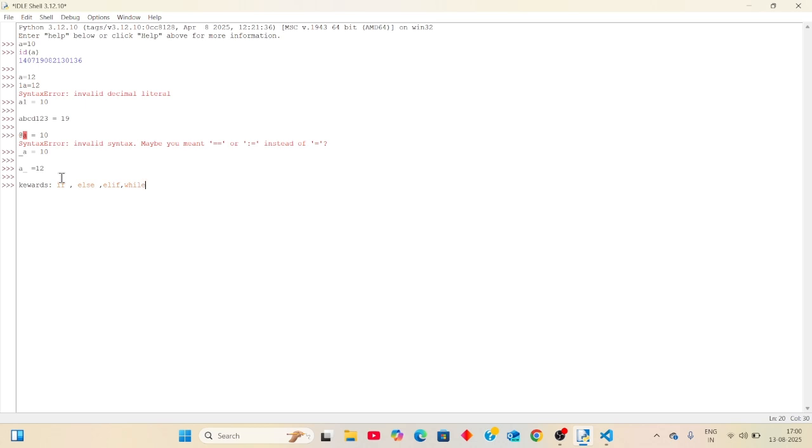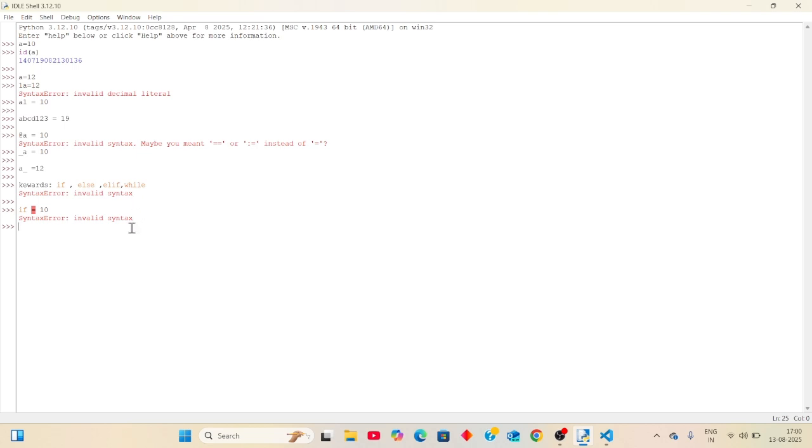We should not use these valid keywords as a variable name. Suppose we use one, like if equals 10, it shows an error. The third rule is keywords are not allowed as variable names.